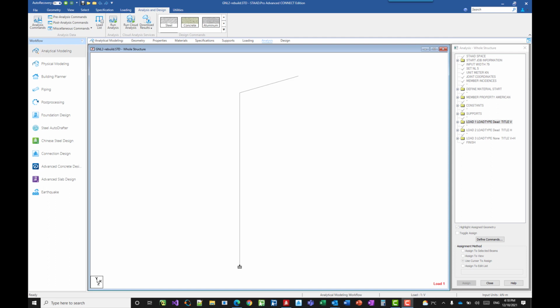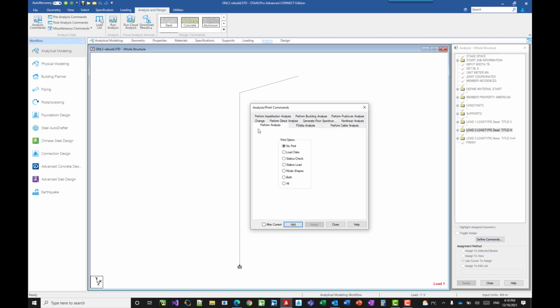Okay, now that the loads have been defined, we need to insert the analysis commands. With the nonlinear analysis, we need to insert a command after each of the load cases. So let's go ahead and start with that. We can pick one load case here, define command. We select it so that we make sure that the command is inserted correctly after the load case or before the load case. So here we click on this, we check this box after current, we select the nonlinear analysis,